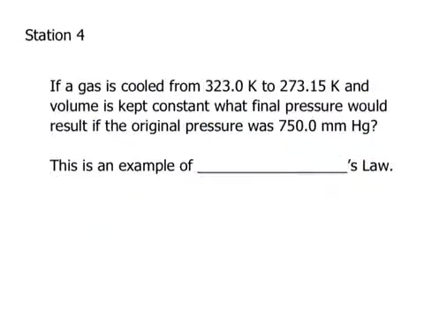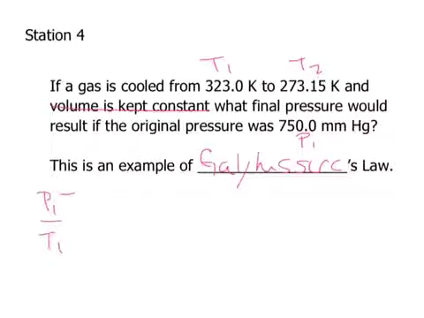All right, so on this next problem, we're going to look at if a gas is cooled from T1, which is 323 Kelvin, to my second temperature, which is 273, and the volume is kept constant, so we are not worried about volume. What final pressure would result if the original pressure was, so this is my P1. In this case, we're looking at pressures and temperatures. So again, this is Gay-Lussac's law. And we're going to set this up: P1 over T1 equals